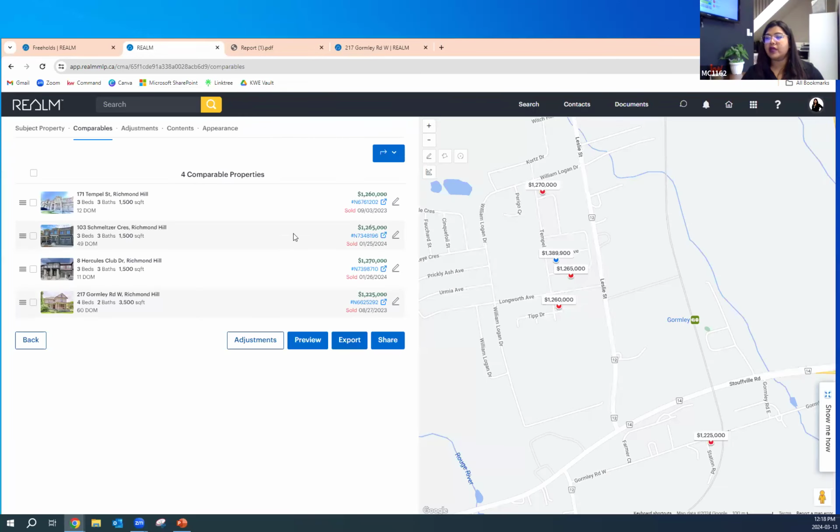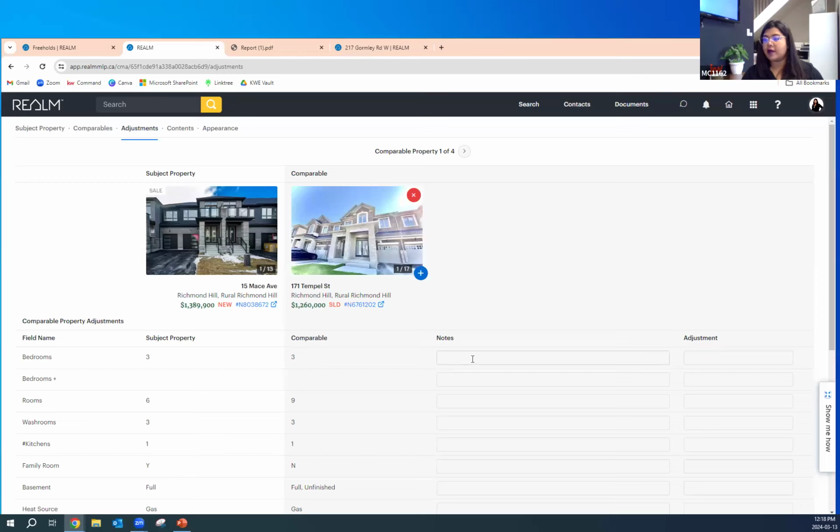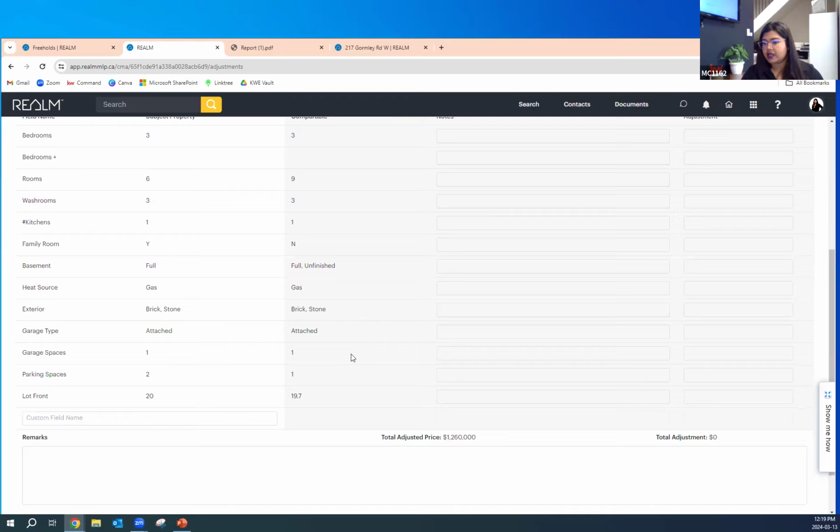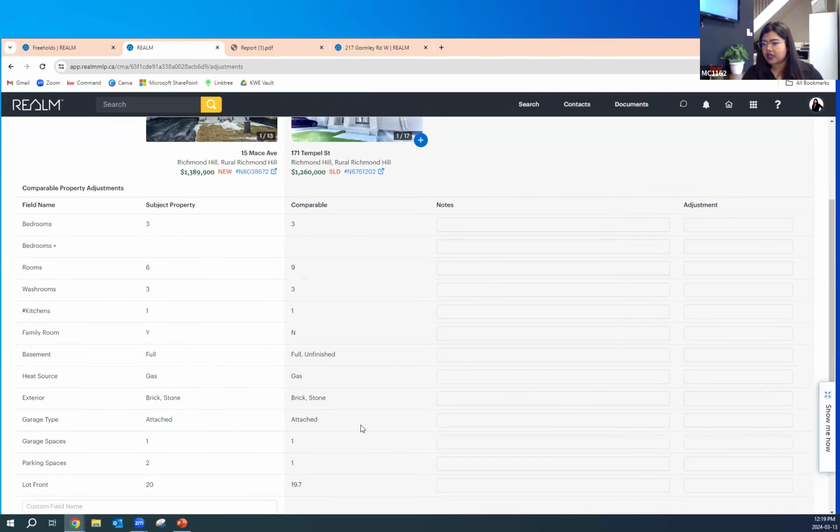And then one more thing I will show you guys is the adjustments. So when you hit adjustments, this is where you can add. So for instance, this one looks like it's priced about 100,000 less than the subject property. And that is because it looks like it's got an unfinished basement. So I will add